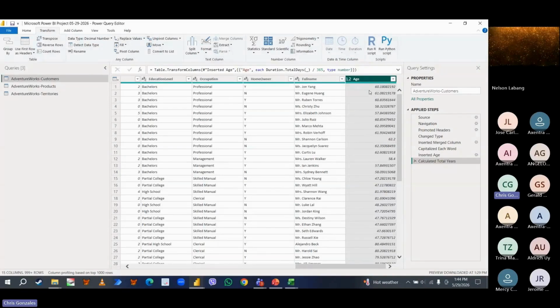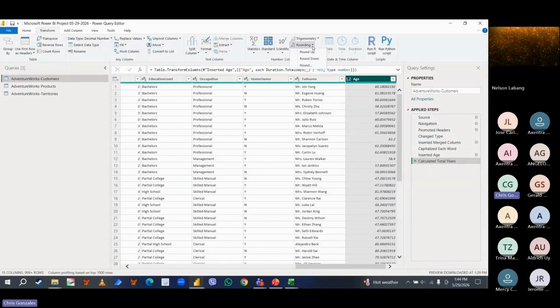Now I want to round off the values, round down the values. The output is actually automated. It automatically increments every time there's a customer birth date on the same date of your device. But of course, I don't want these decimal places to be displayed on my report. So what I'm going to do is to go back to transform, and I have here the rounding option.